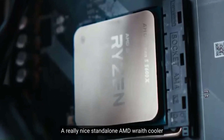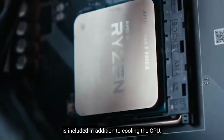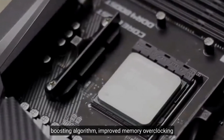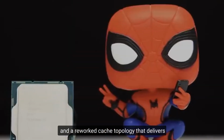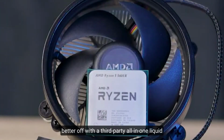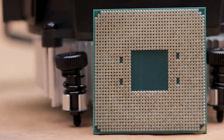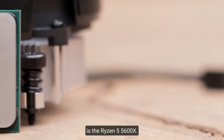A really nice standalone AMD Wraith cooler is included for cooling the CPU. Other more specific improvements include an optimized boosting algorithm, improved memory overclocking, and a reworked cache topology that delivers a new level of power efficiency. However, if you intend to overclock, you'd probably be better off with a third-party all-in-one liquid cooler or a more durable air cooler. In fact, one of the most power-efficient desktop computer chips available right now is the Ryzen 5